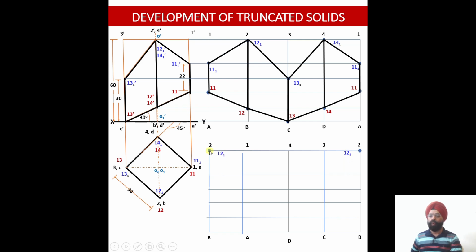So 2B is my starting point, 2B edge is my ending point. So starting and end points have to be the same. So the 12.1 point will lie here, similarly the 12.1 point will be lying at the top. Now which is the next edge that will be encountered? 1A. You see I am moving anti-clockwise. If I look at this 1A, it is being cut by the cutting plane at a point 11.1 dash.